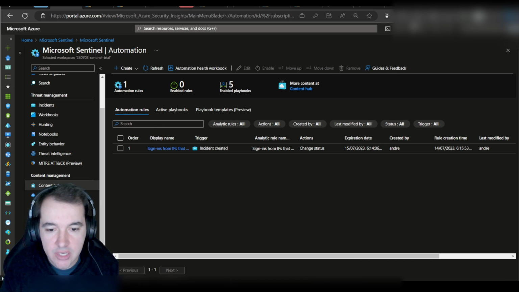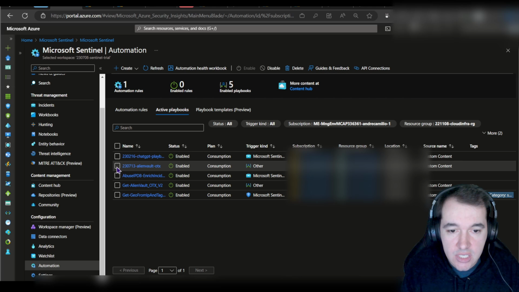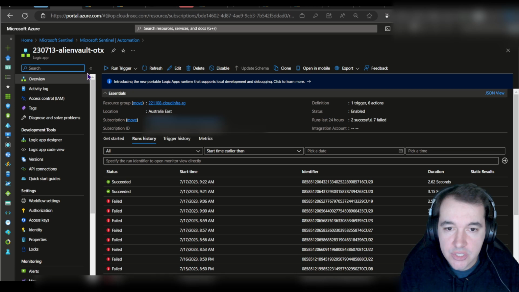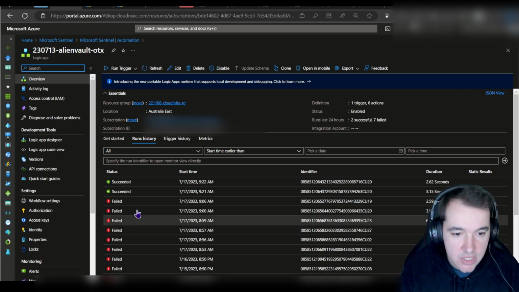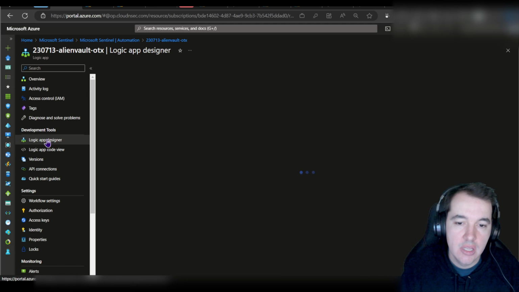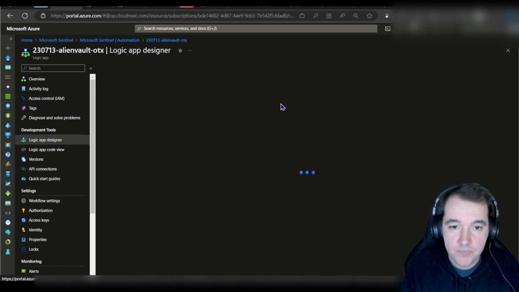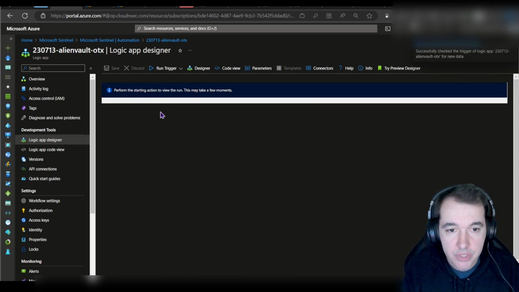So I'm navigating to my automation page, and then active playbooks, and I can see here that I have one active playbook that is enabled for Alienvault. So if I click on this particular logic app, I've been testing and trying and configuring it, and finally got to a stage where this is actually working. So right now I'm going into my logic app designer, and I'm running a trigger